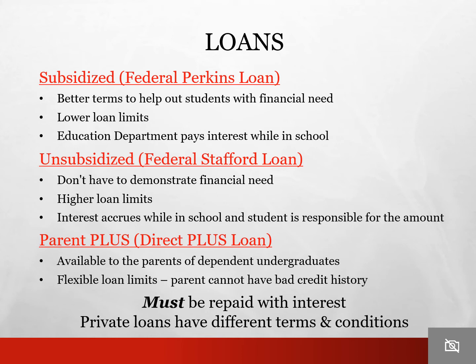But basically what happens is a student will take out a loan, let's say day 1, and interest that is building on that will be paid by the education department, and a student will not have to start paying back the loan itself until 6 months after they've stopped going to school. Now, the unsubsidized loans also has that 6-month rule for students, but what happens with this loan is as soon as the student takes out that loan, interest begins to build, and that student is responsible for the interest that is building on that loan while they are in school.